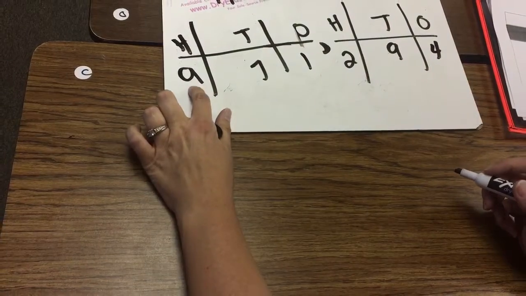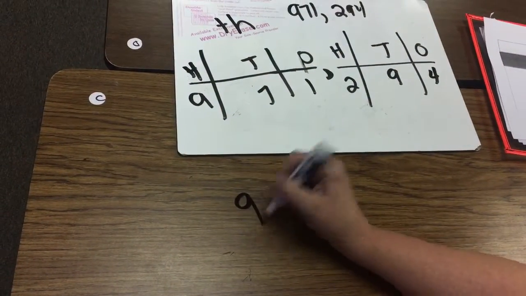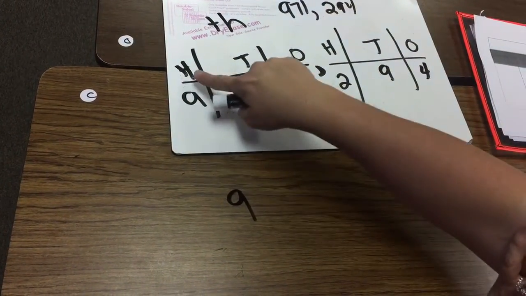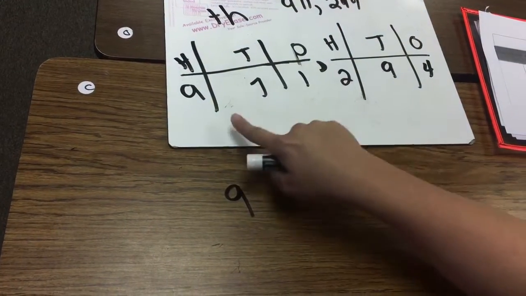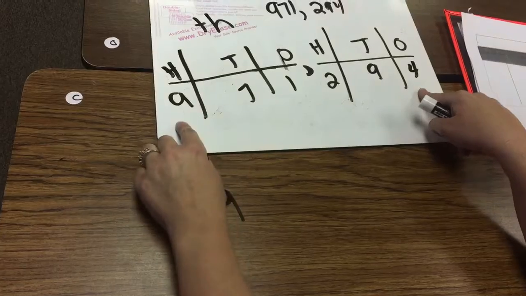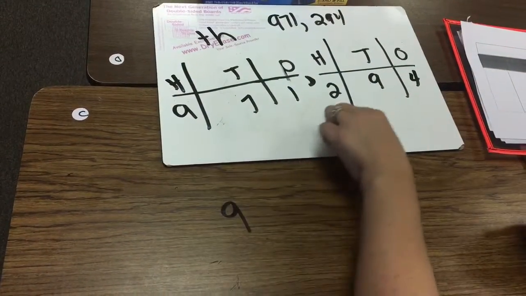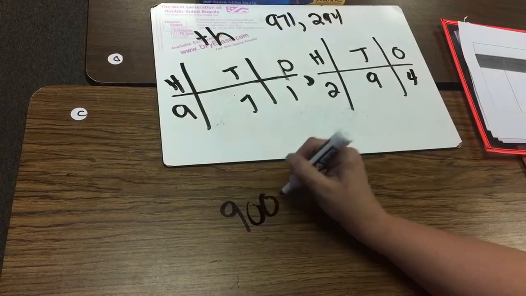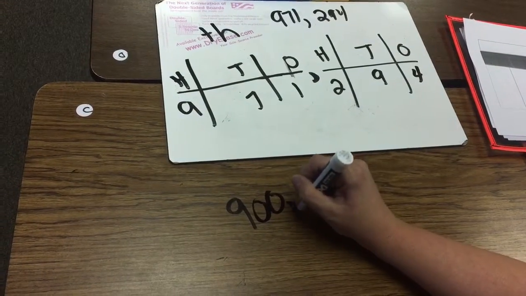So they're always going to start here in the largest place with the 9. The 9 is in the hundred thousands place. And so again, they're going to be able to count and see, well, how many spaces is it? How many zeros am I going to need? 1, 2, 3, 4, 5. And so they'll know how to write it. 900,000